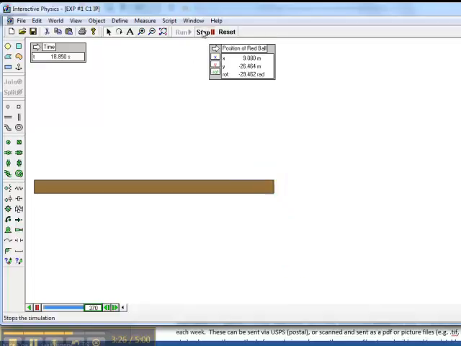Now at any point you can hit stop, and if you are missing what's going on, you can always go back and hit reset also. There's a lot more here than we actually are going to use in this lab. So again, you can hit run, stop, reset at any point. You can resize the window. I had to resize it for some issues here, but this is primarily what we're going to do through here.